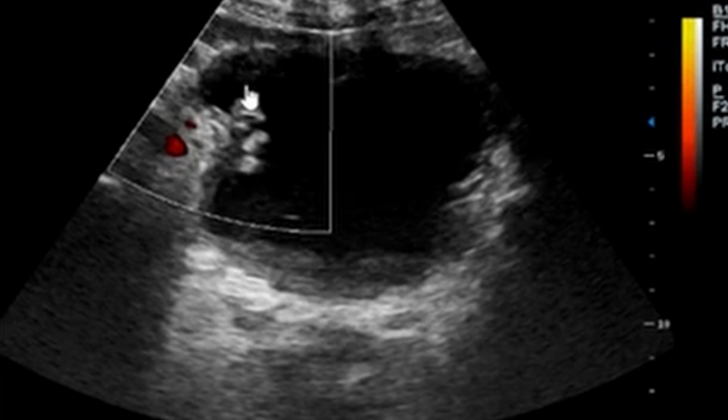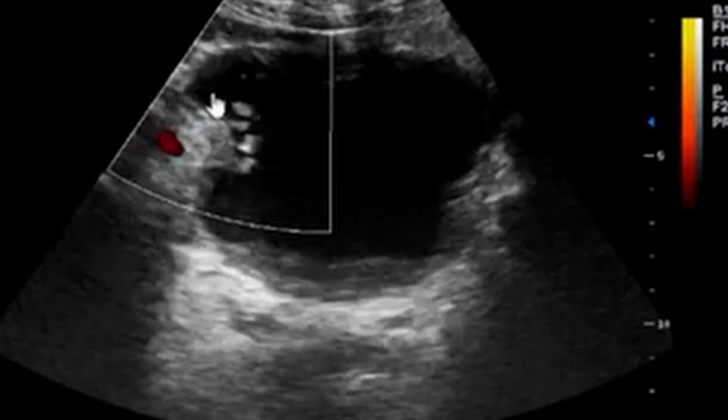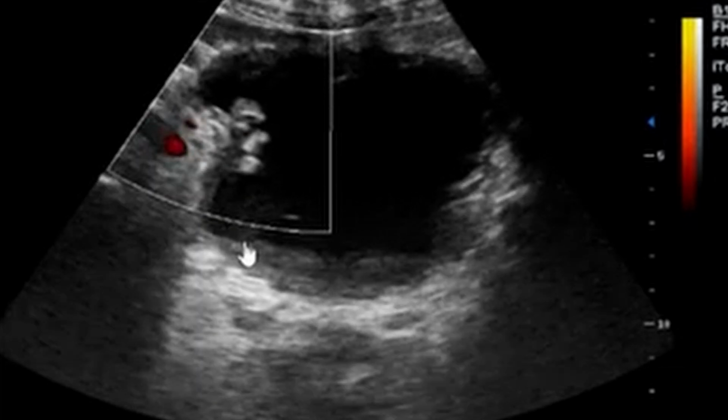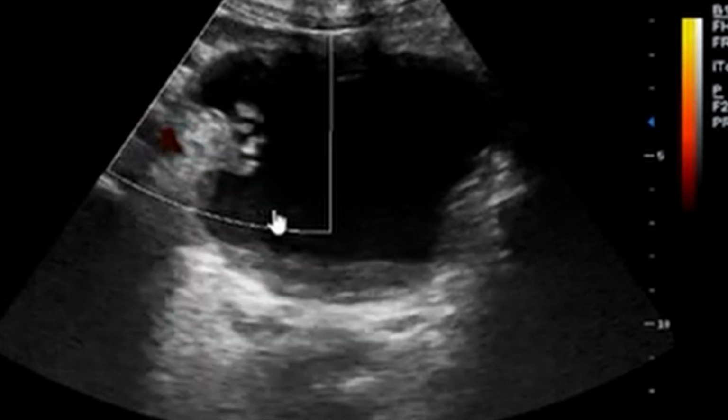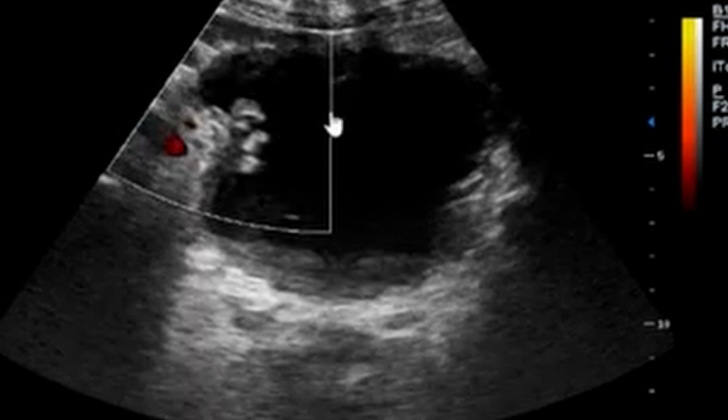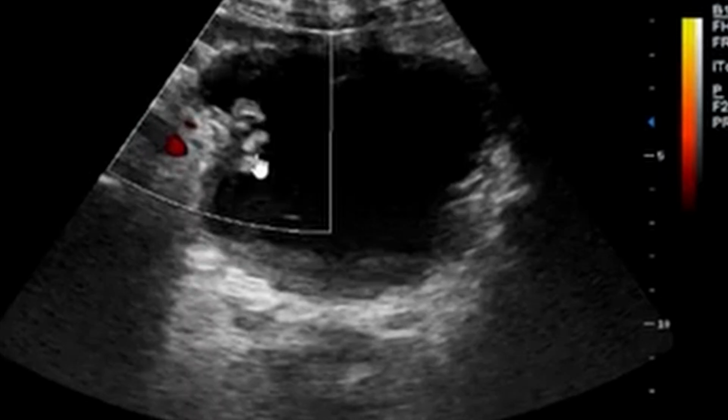So you can see here, this is the lining of the urinary bladder, and you can see that the lesion is starting here. This is part of the urothelium of the urinary bladder. So this is a typical case of a transitional cell carcinoma. You can see that the lesion is starting here, and it's stretching into the lumen of the urinary bladder, and part of the lining of the urinary bladder is spared, and it's significant that with time